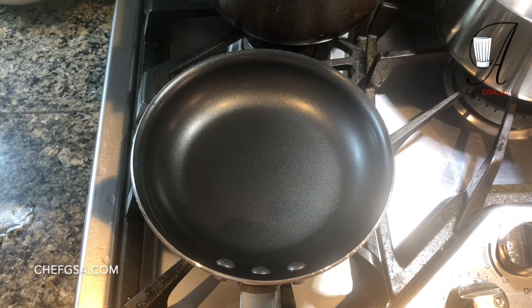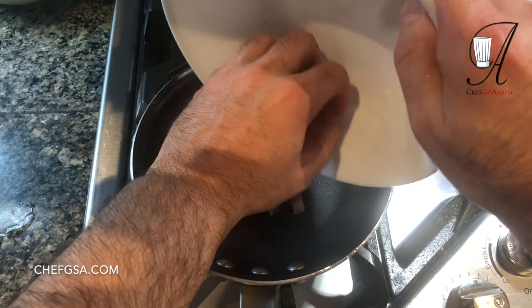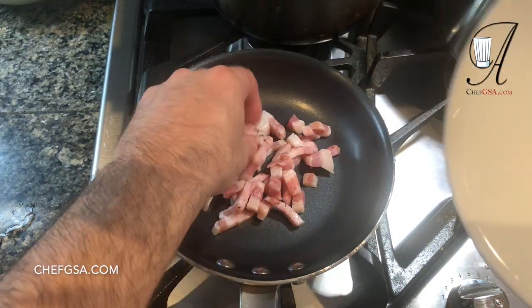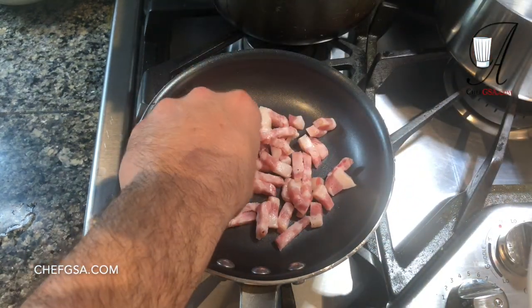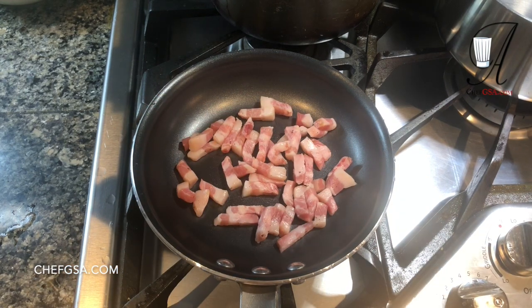All right, we're here at the stove, and before we do anything with the eggs, we're going to turn our attention to the guanciale. I'm going to just take the guanciale that we have cut into batons or lardons and place them into a pan. I prefer to use a non-stick pan for this, the same pan that I use to make the omelets